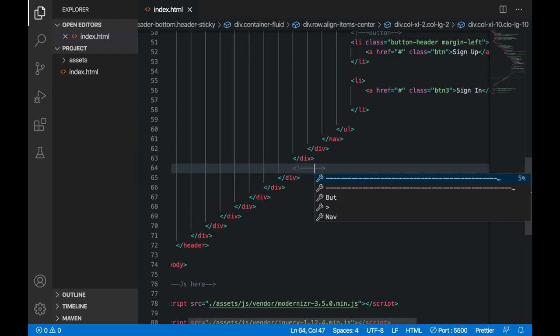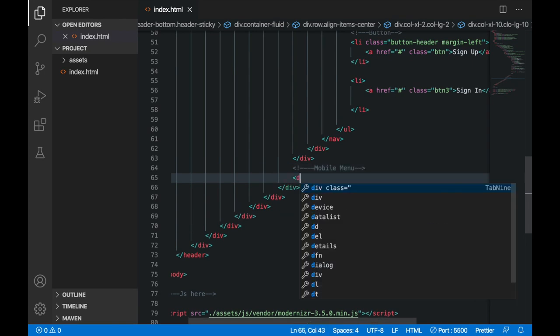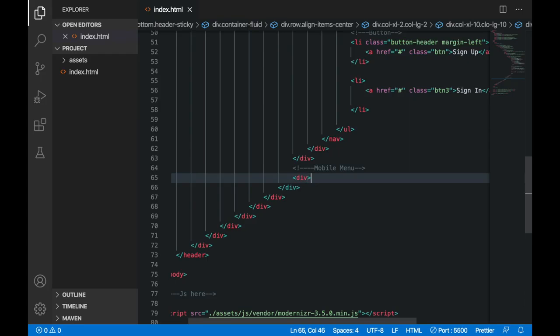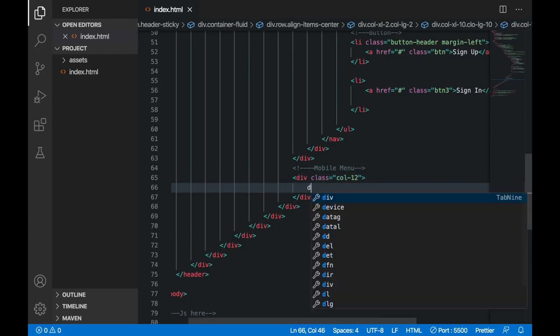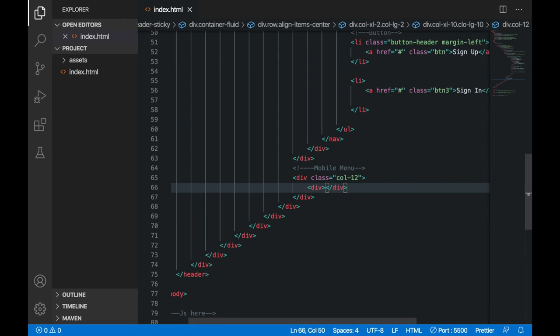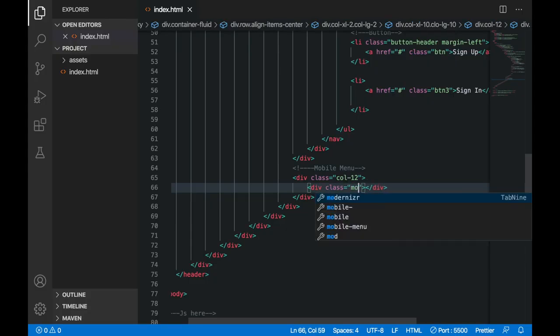So I will say mobile menu, because it's going to be responsive. For that I will make another div here, and I will give it a bootstrap class called col-12 because it's going to take the full space of my row, and then another div container inside this, and the class for this will be mobile underscore menu.